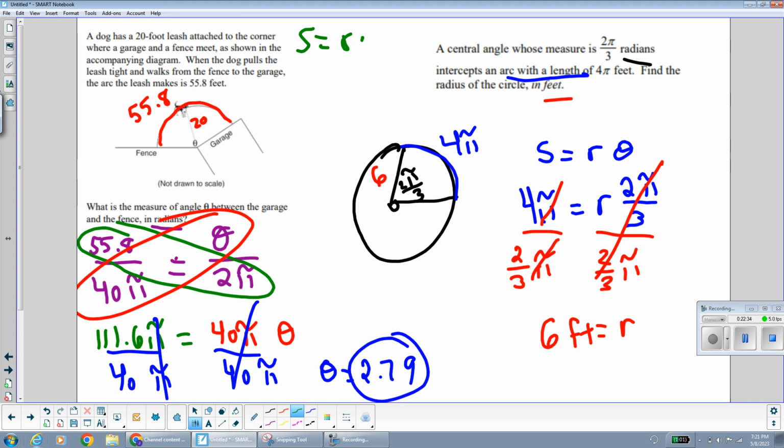And if I wanted to just double check, I can double check really quickly using the formula. S equals r times theta to double check myself. 55.8 equals 20 theta. And if I divide both sides by 20, let me do that on my calculator, 55.8 divided by 20, I got the same thing. I got that theta is equal to 2.79, so I can check my